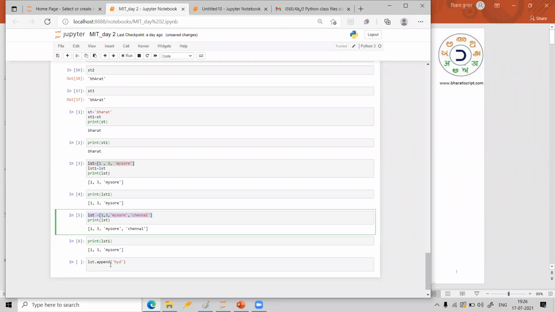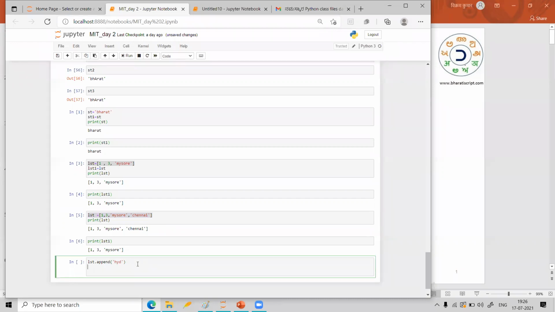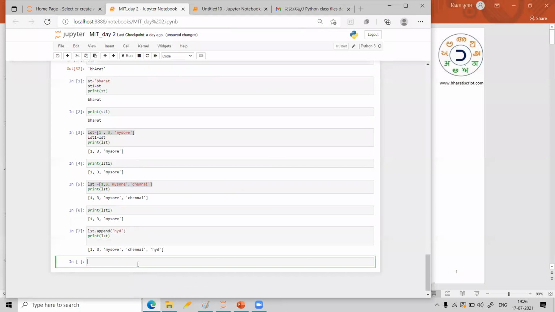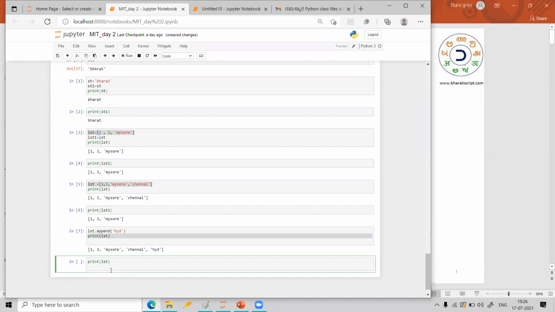Instead I can simply say lst dot append HYD. And let me print lst. Let me press enter and see. That is what is happening. Now let me also cross check what is going to happen here. Print lst1.